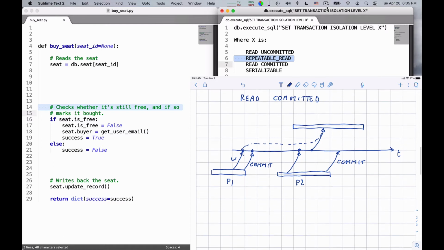And the intuitive meaning of read committed, which is, by the way, the standard for Postgres, is that I don't want intermediate results.